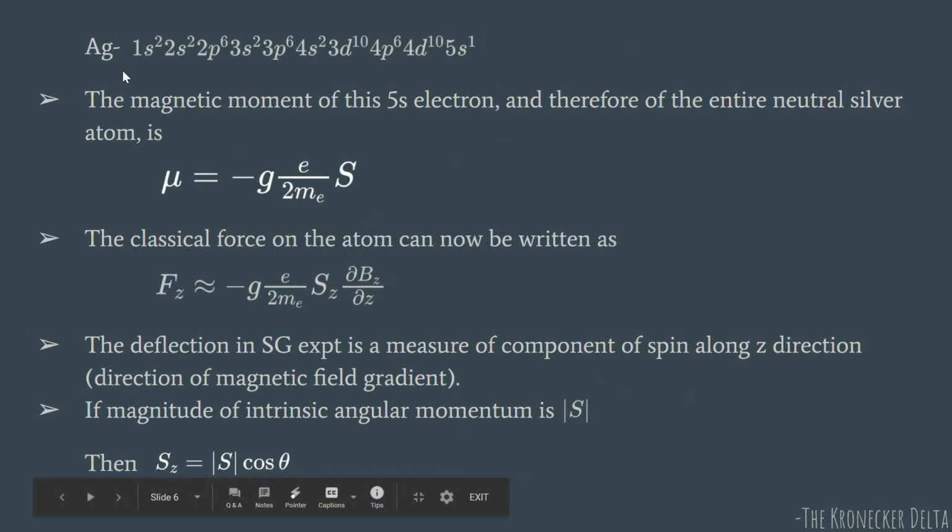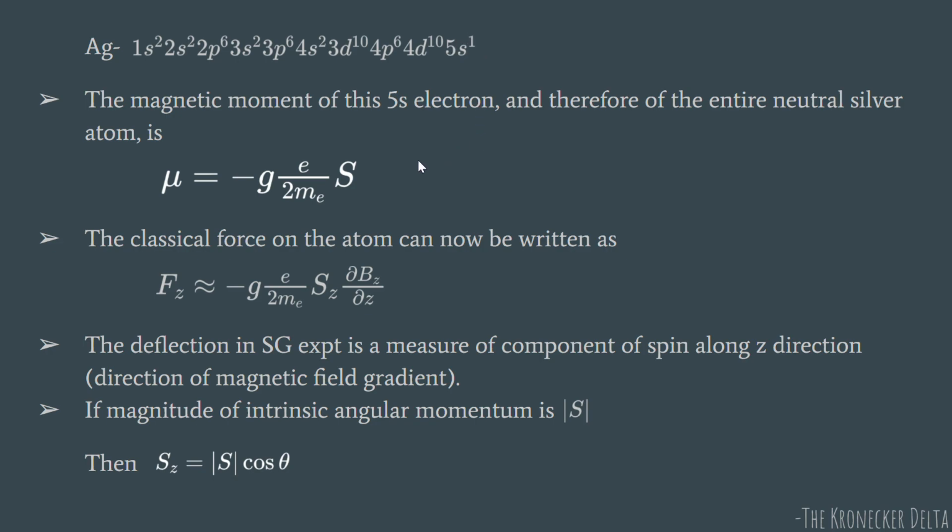So we write the electronic configuration of silver. Now these core electrons can all be represented by a spherically symmetric cloud of electrons. So what remains is just this 5s electron. The spherically symmetric cloud has no orbital angular momentum and no spin angular momentum. This 5s1 electron, s electrons don't have orbital angular momentum, they just have spin angular momentum. So this entire silver atom just has spin angular momentum due to this 5s1 electron.